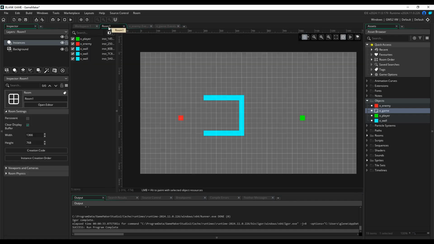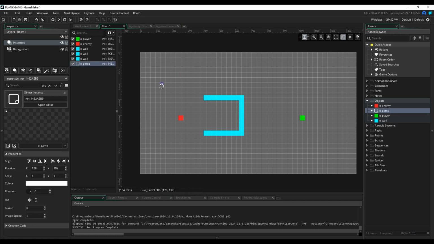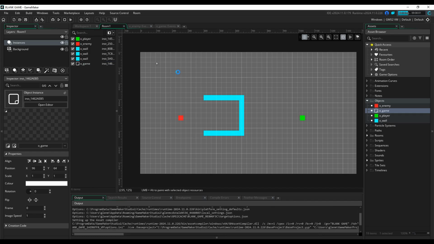And before I run the room and look like an idiot, I'm going to put an instance of oGame in the room. You can put it absolutely anywhere. You're never going to see it. And as long as it exists, then it's going to do everything you need it to do. You can put it outside of the room. You can put it dead center of the room. You can put it inside your player. Well, I wouldn't recommend that, but you can put it absolutely anywhere. That doesn't matter. So if I run the game now,